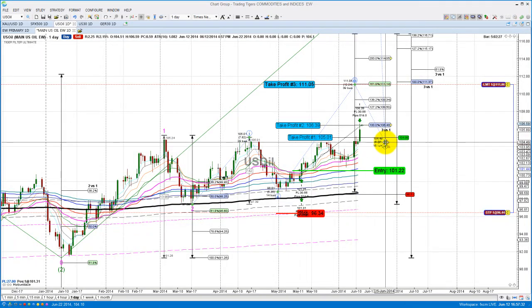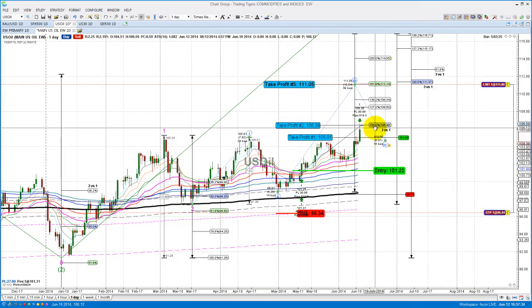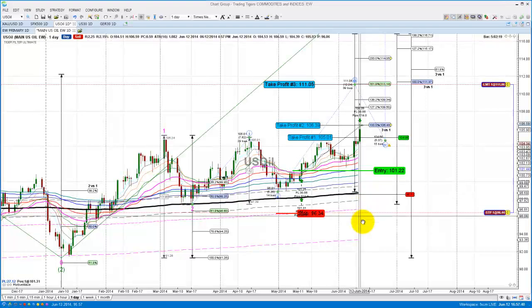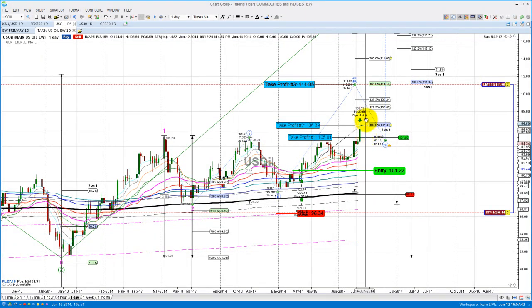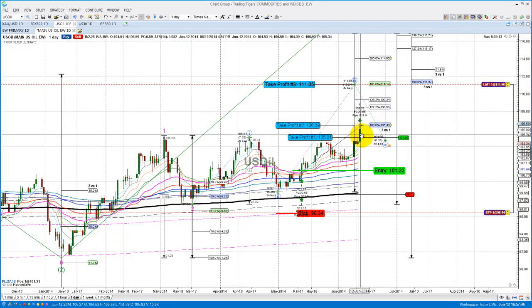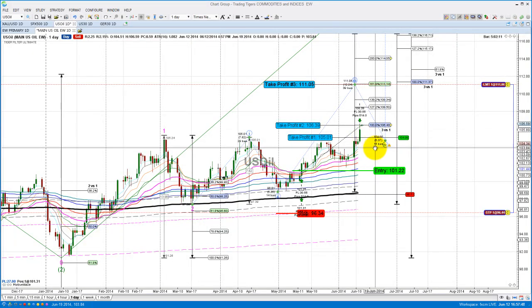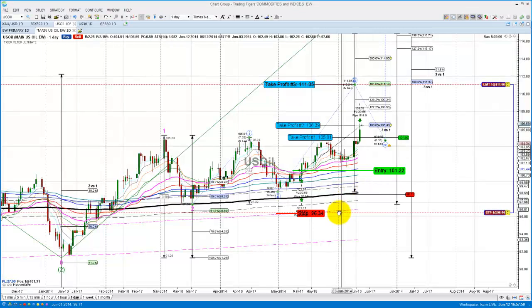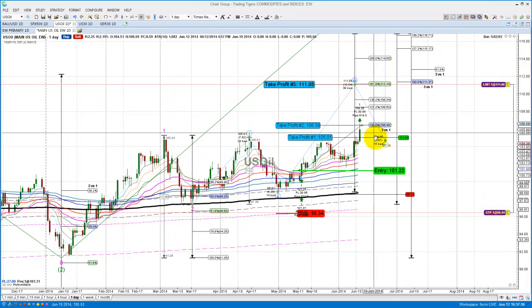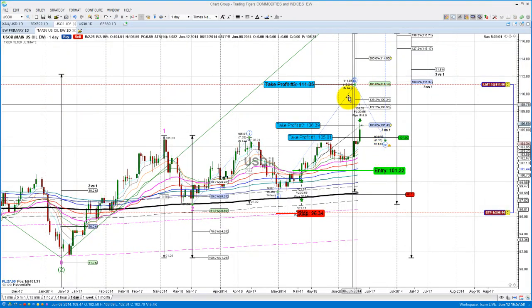We're not going to take any entries right now. We're at the 100% level. See what happens with price. Is price going to be able to handle this, or is it going to just bounce back further up? Is it going to go down? Right now we have to wait and see exactly what's going to happen, but our trade is positive right now, and that's the main thing. We want to see the wave 3 complete, and therefore take out the wave 4. If the wave 4 does come down,